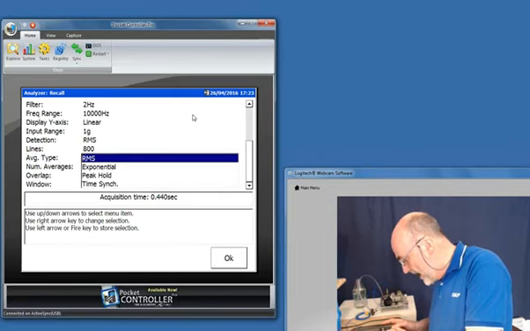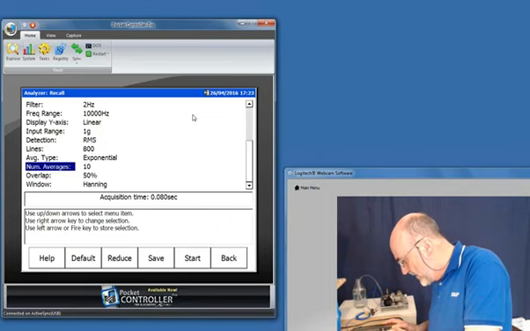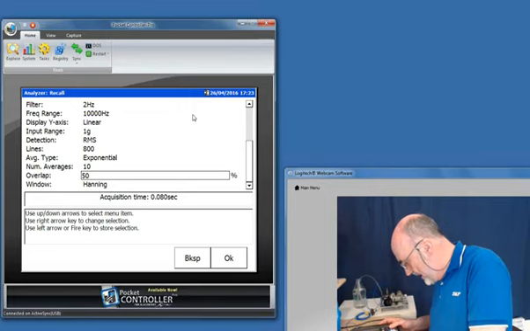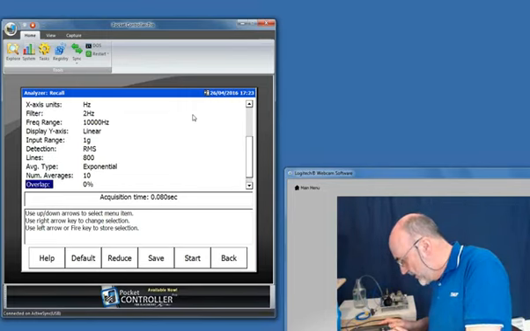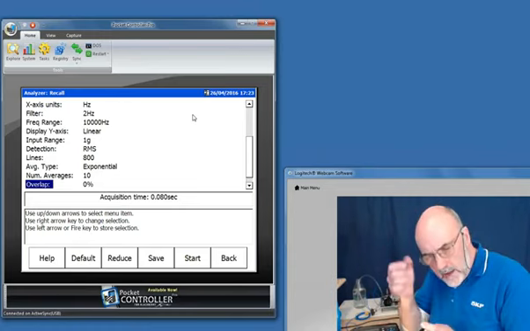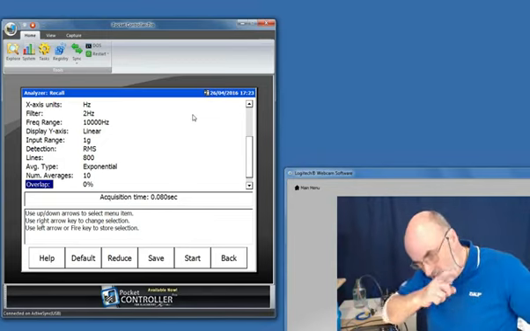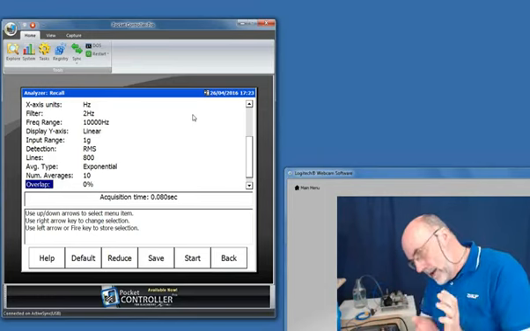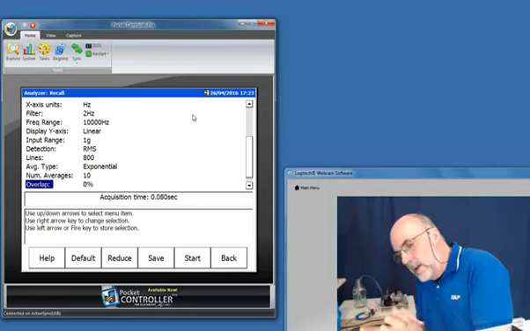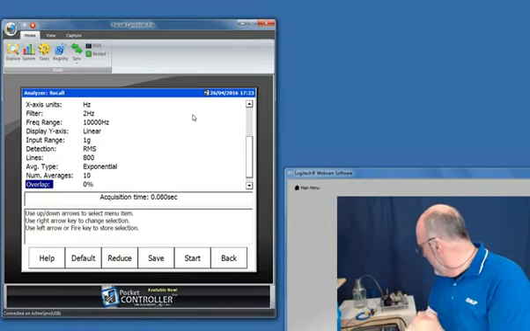So I'm going to change the averager type to exponential. So I've got an exponential averager. I've got 10 averages, and I've got 50% overlap. I might just get rid of that for the time being. I'll come back to that. So now that should be good. The word exponential, by the way, comes from the fact that the latest measurements are given more emphasis than the older measurements. The idea is newer measurements will be factored in to give you a faster update rate, and that's where the word exponential comes from. But it's a moving average.